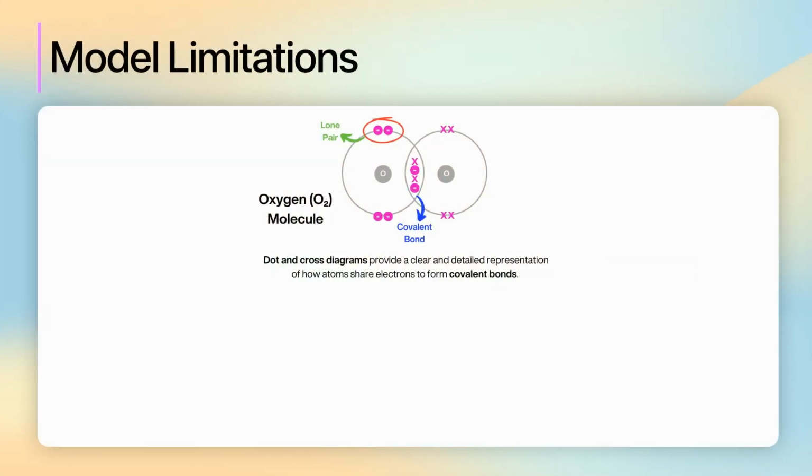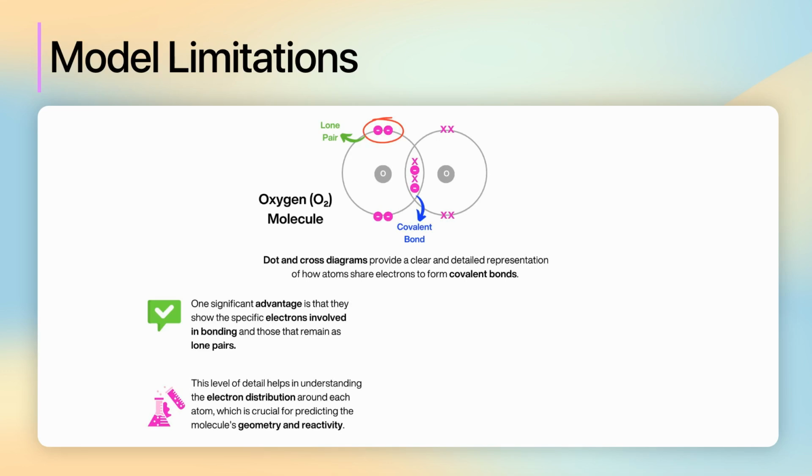Dot and cross diagrams provide a clear and detailed representation of how atoms share electrons to form covalent bonds. One significant advantage is that they show the specific electrons involved in bonding and those that remain as lone pairs. This level of detail helps in understanding the electron distribution around each atom, which is crucial for predicting the molecule's